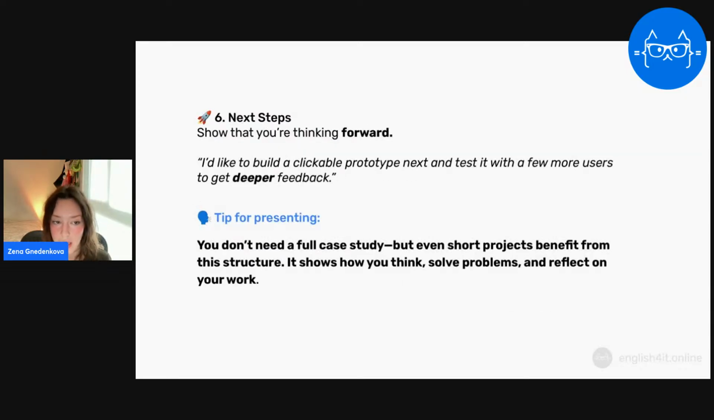Okay, and again, last but not least, the next steps. So show that you're thinking forward. You can say, I'd like to build a clickable prototype next and test it with a few more users to get deeper feedback. A lot of the times,